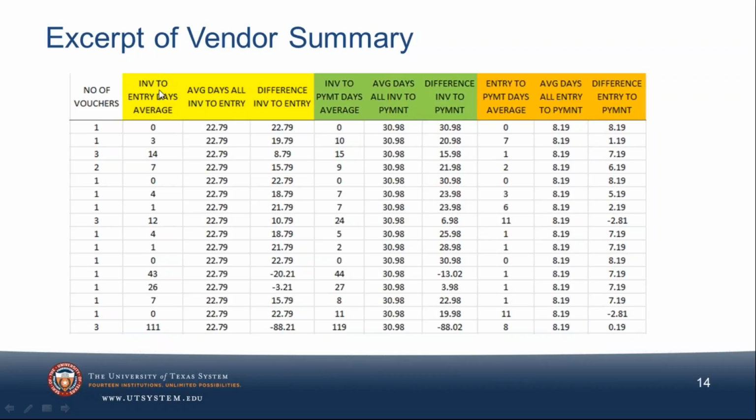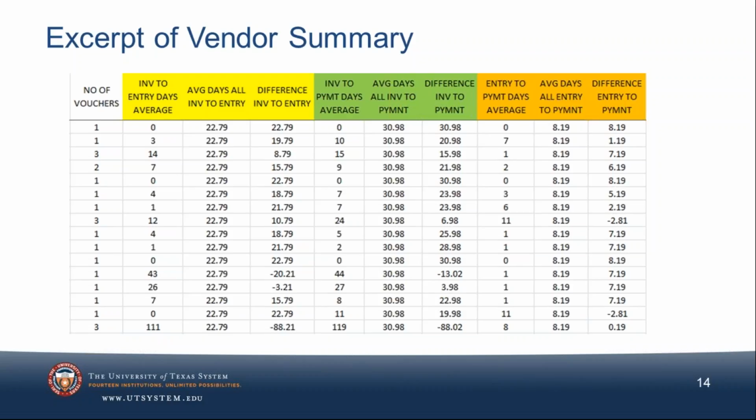So as you're looking at this, you might be thinking to yourself, well, what am I looking for when I'm looking at this? What looks good, so what am I looking for? So invoice to entry days, if I were looking at this, I would be interested in any that were negative, because that would indicate that it was entered before the invoice was received. Huge deal. It shouldn't be happening because I mean, I don't think it should be happening, but it hasn't been paid yet. Maybe it was a typo. It may just be something to keep in mind and to look at if you see other issues occurring with that same vendor.